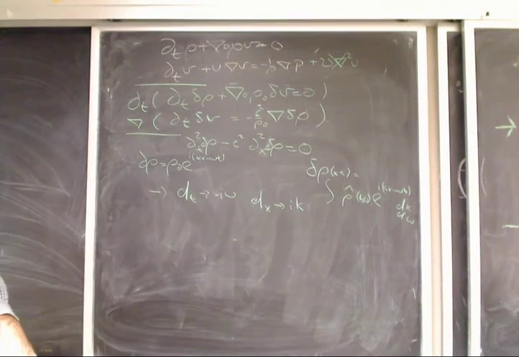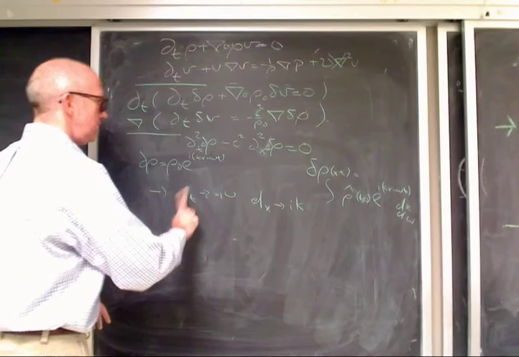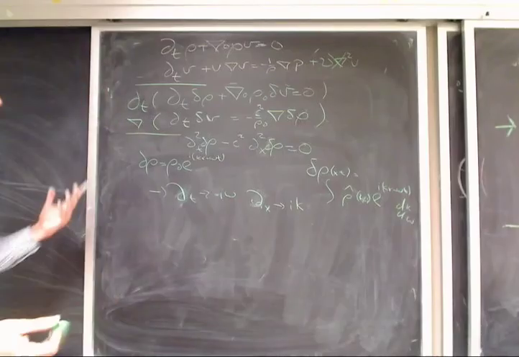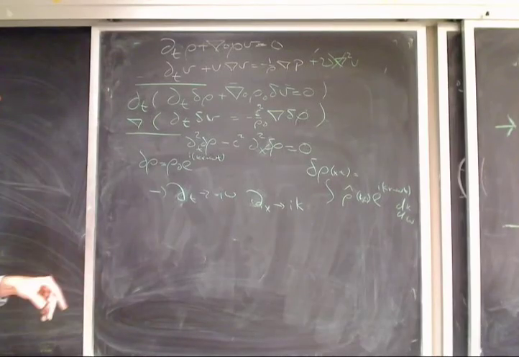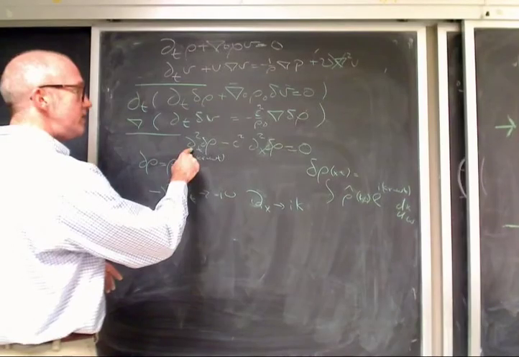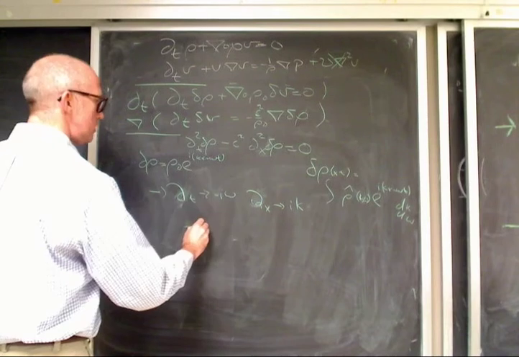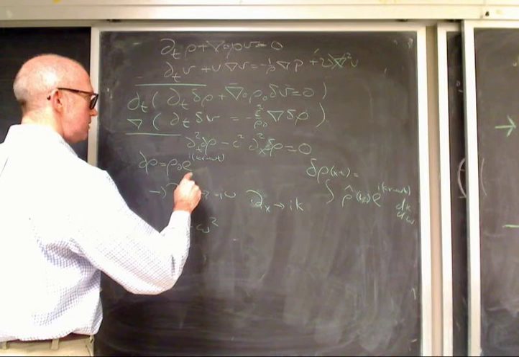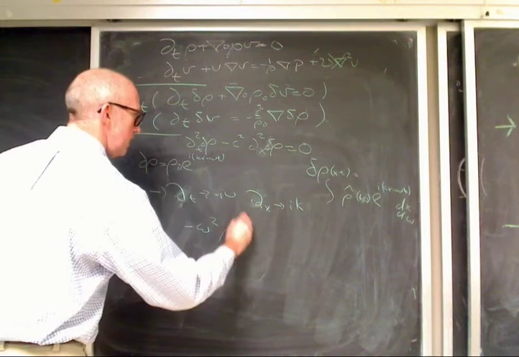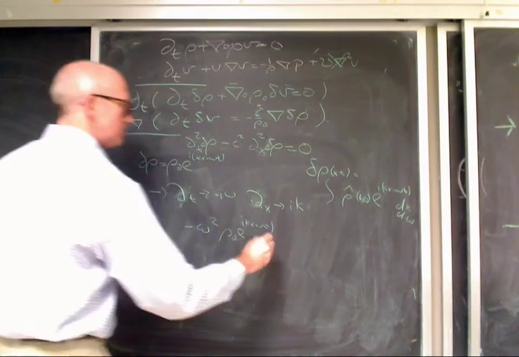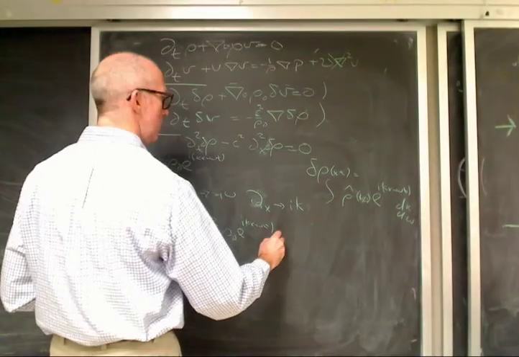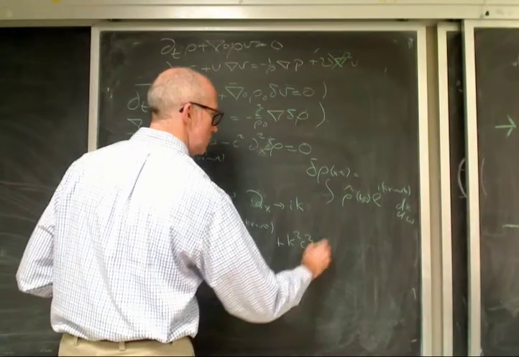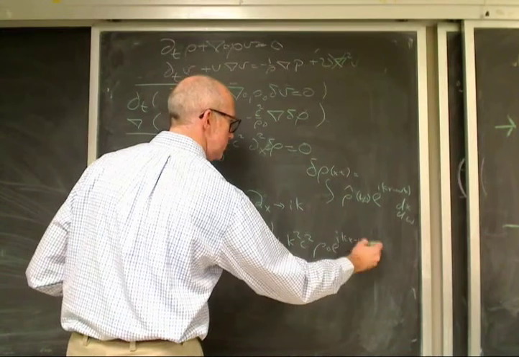Is that a full derivative or a partial derivative? It's a partial derivative. Because the full derivative brings in the other stuff. Now I'm left with, okay, I do it twice, so it's squared. So the minus i squared is just minus 1. So I get a minus omega squared times rho naught e to the i(kx minus omega t). And then I get a minus k squared, but I also get a c squared. So I get a k squared c squared rho naught e to the i(kx minus omega t)